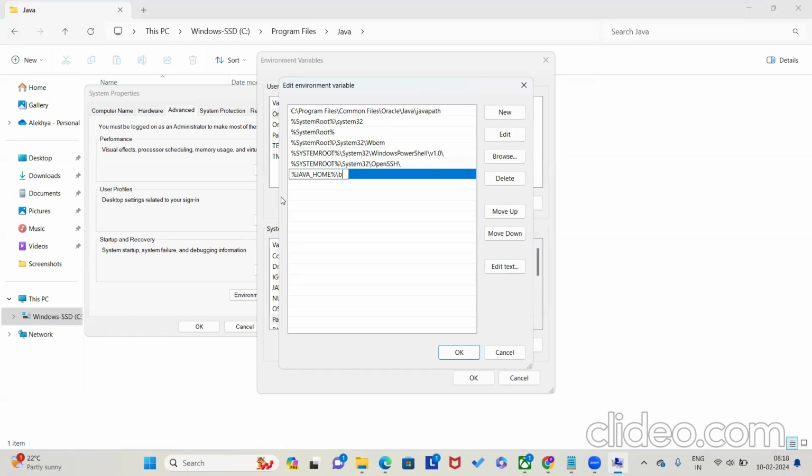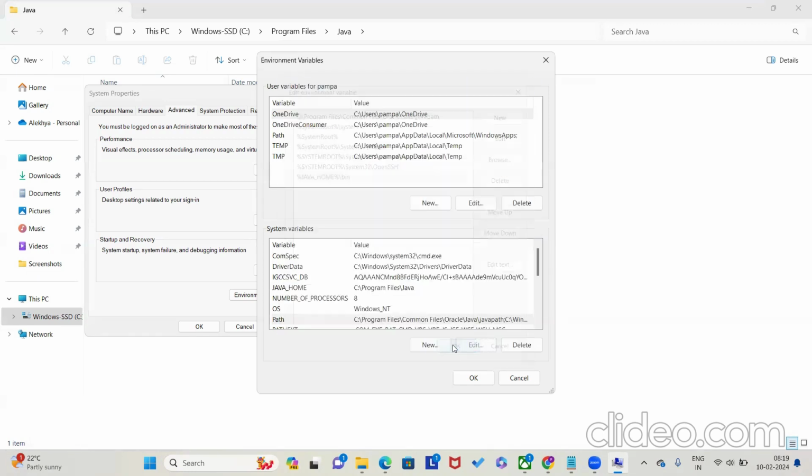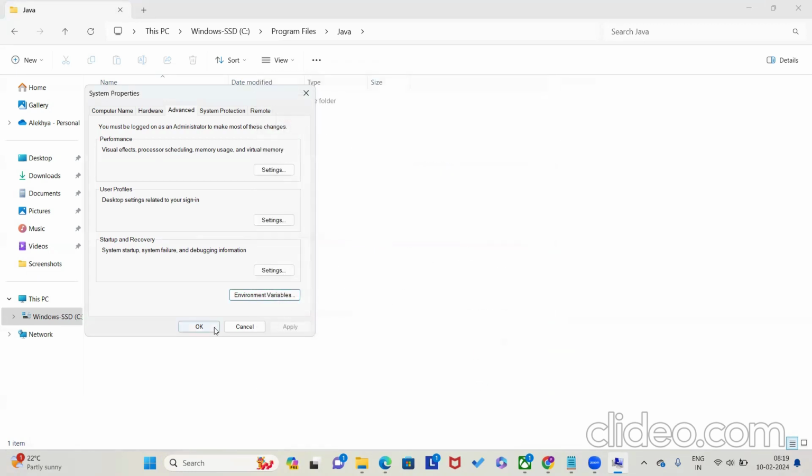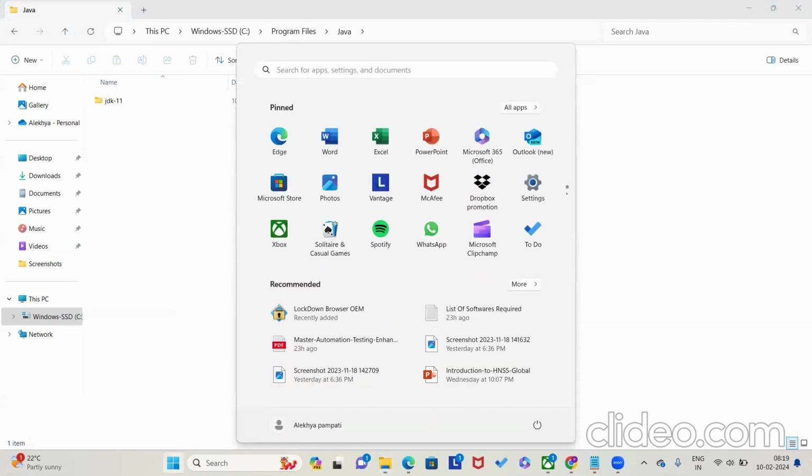For path, we have to pass the binary of our Java. I'll show you this bin folder. Whenever we want to use the Java functionality, we have to pass this binary location to our system path, so that wherever you want to execute any Java program from any location in your machine, by default the system will look for the executable file in this path. Okay. So now, for example, if you go to command prompt,